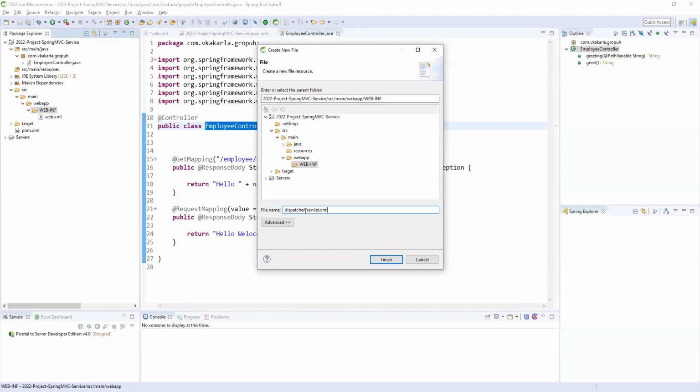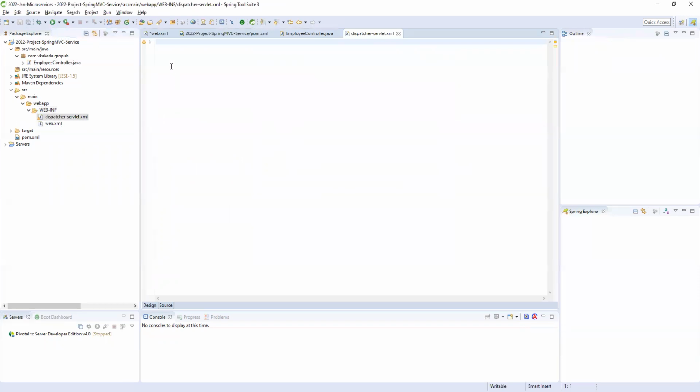Why? Because the dispatcher prefix is whatever you are using in web.xml. If you are giving a prefix, right, you don't need to configure it explicitly in web.xml. Automatically, it will read from the WEB-INF folder. So the dispatcher hyphen servlet.xml file. So here you need to read your components. You need to read your packages.